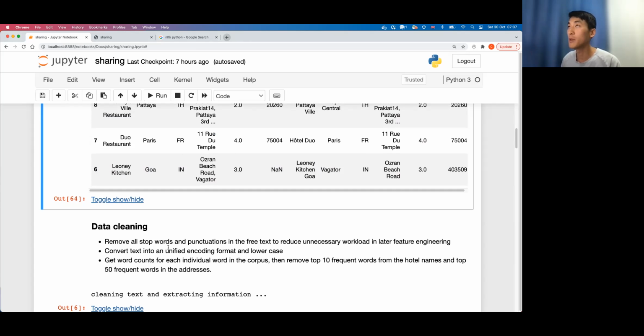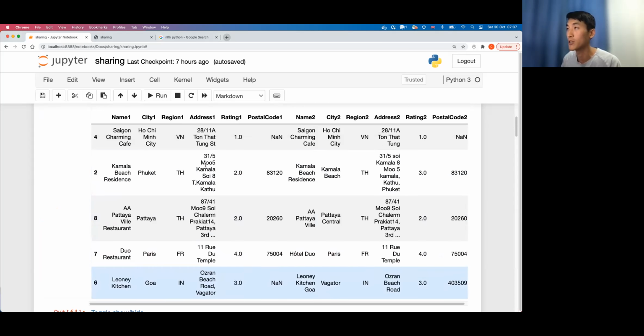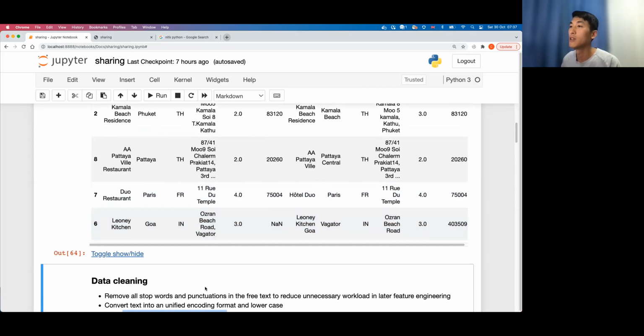So up to now, you may be wondering, hey, this sounds like very expensive work, because you need to remove all the stop words. How do I know which are the stop words, right? And do I need to go through row by row to remove the punctuation? And how do I get the word counts of individual words across millions of records of addresses, right? But